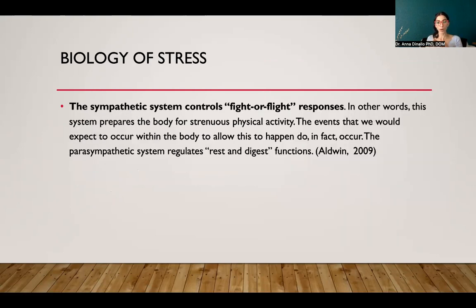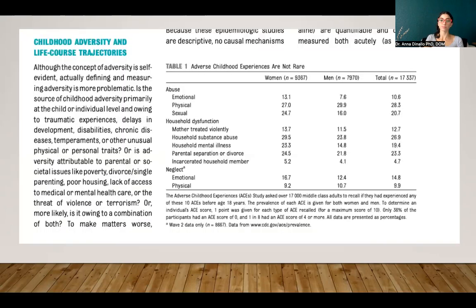In the most basic way, we can think about this as fight or flight, which is what part of the brain? Yep, the reptilian. It's going to prepare the body for intense physical activity, like I'm going to run, I'm going to overwork, I'm going to think really hard, instead of the rest and digest of, I have everything I need. I'm going to just rest. I'm going to be. I'm going to breathe. I'm going to enjoy meditating. So all of these early childhood experiences absolutely shape the body.